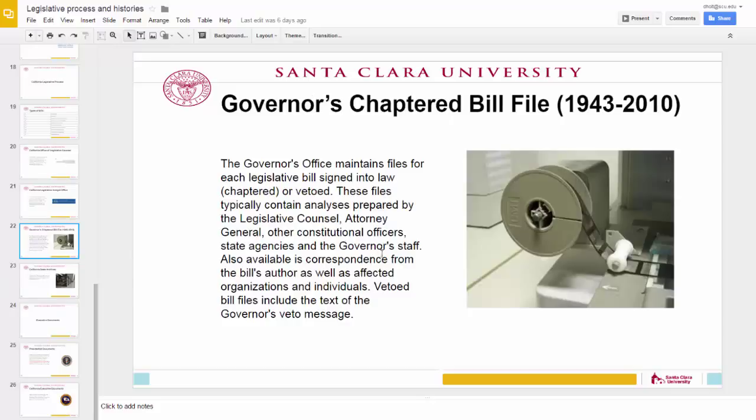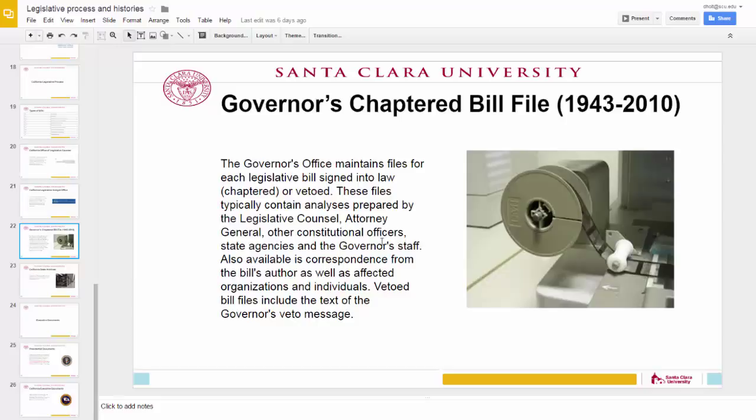The Governor's Chaptered Bill File is our source for many of these legislative documents from the years 1943 till 2010. The reason why it stops at 2010 is because the governors themselves have to give permission for their documents to be included in this database, and the state has not yet received permission from Schwarzenegger. However, from 43 to 2010, the Governor's Chaptered Bill File is going to be your primary source for